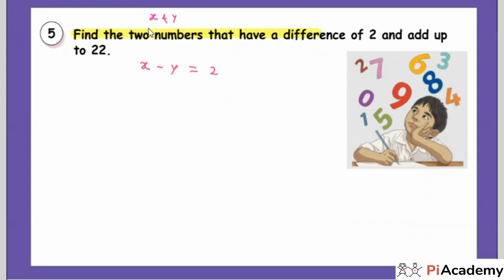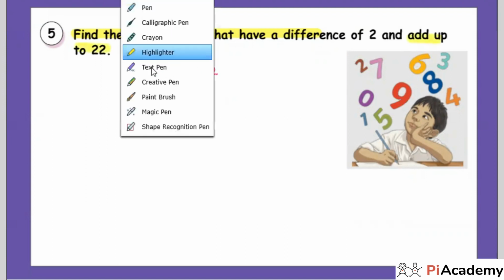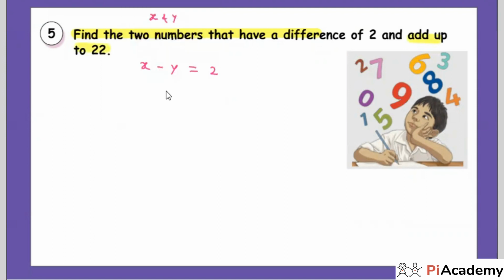And then x plus y is 22. Yes, from this second line, you can observe they add up to 22. So they are talking about the same numbers, right? So your numbers are x and y. So it's clear, x plus y equals 22. This is your second equation. Okay. Then I did